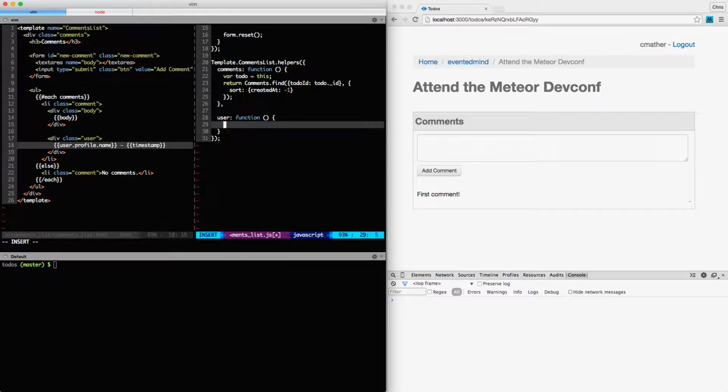And the user will be the user for this given task. So let's say the to-do is equal to this current data context. And then we'll find the user whose ID is equal to the to-do's user ID. Okay, great. So we get the login name,